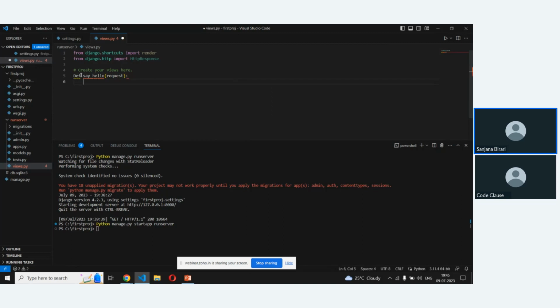After that, request and response, or views.py, why do we use it? To pull the data from the database or to transform it from one form to another and send it somewhere as per the requirement. So we are returning a very simple response.